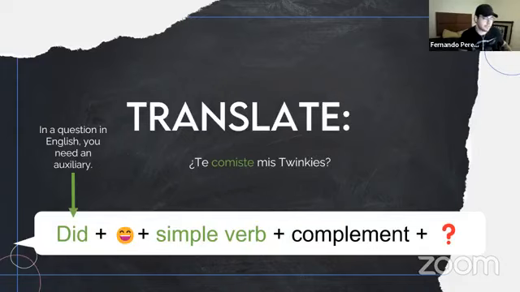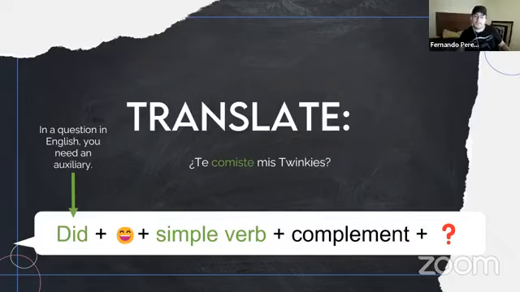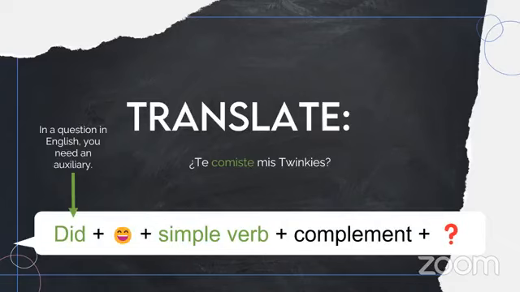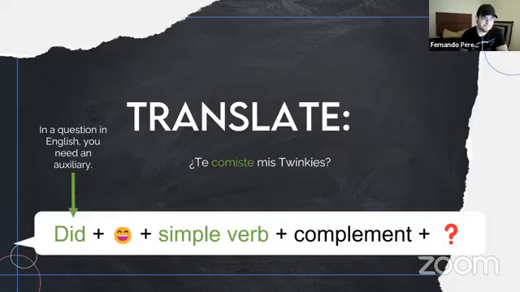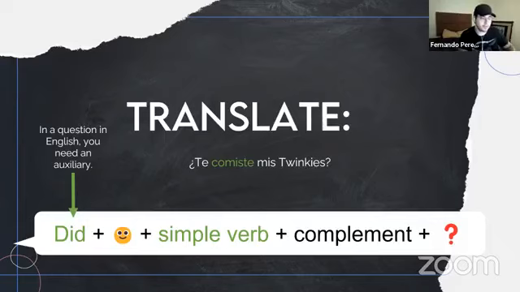So let's try to analyze this. The persons are not important. I need just did, whatever person. Very good. Correct. It's not important: he, she, it. It's not important, plural person, singular person. For all the persons, I, you, we, they, etc., we need did. Okay. That was a very, very good question.